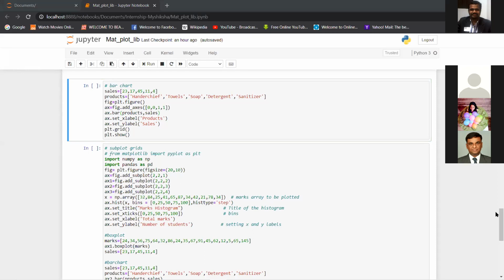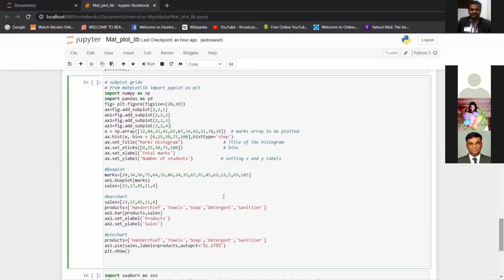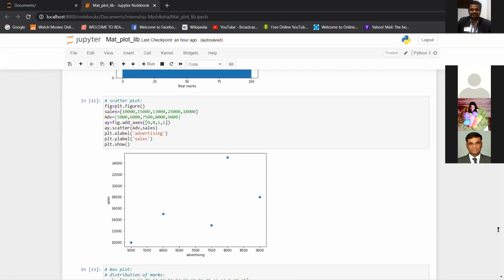So we'll move to the last section, which I thought was important, which is subplots. What I'm going to do here is use all the graphs which you saw previously, the histogram, the scatter, the box plot, and the pie chart, to create a subplot or grids.